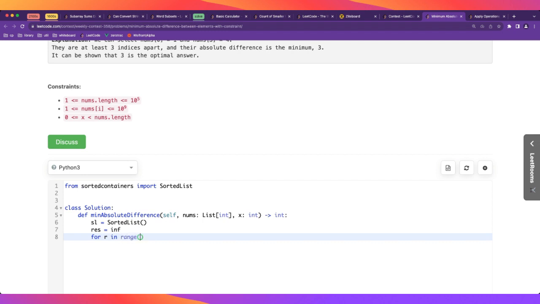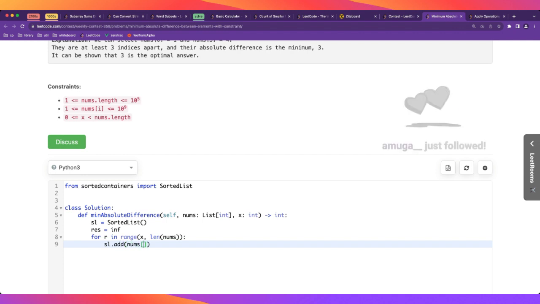So then we call this R because it's going to be the right element of the pair that we are considering, and we want this to start from x, because if this is a right element and the index is less than x, then there's not going to be any element which is far enough. So we add the